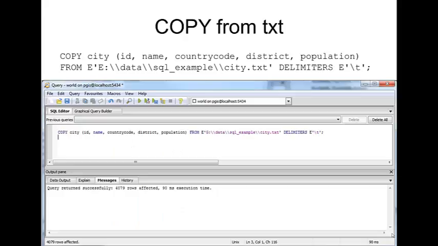We did this. We can use the copy command. Copy into city. This is the order of the fields that we're going to load up. So the first column in our table contains the ID field. The second column contains name. The third one contains the country code. So if our country code was in the first column, we just move this to the first one and move IDs to whichever column. So this is giving you the order of the fields in the file